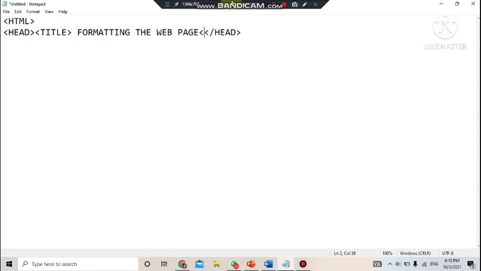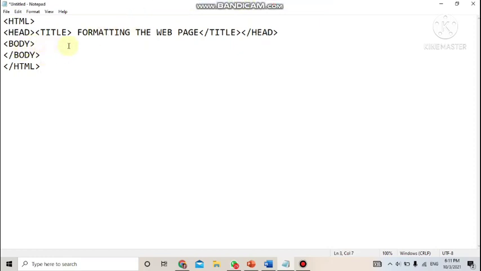Now we'll close the title tag, and we know that a new web page always starts with the body tag. So we'll write body, not going to give any color or something like that. And inside we'll close the body tag, and finally the HTML tag will be closed. While correcting the papers, I could see some of the students had written this slash sign after the tag. So many times it is told that the slash goes before the tag name when you close it.